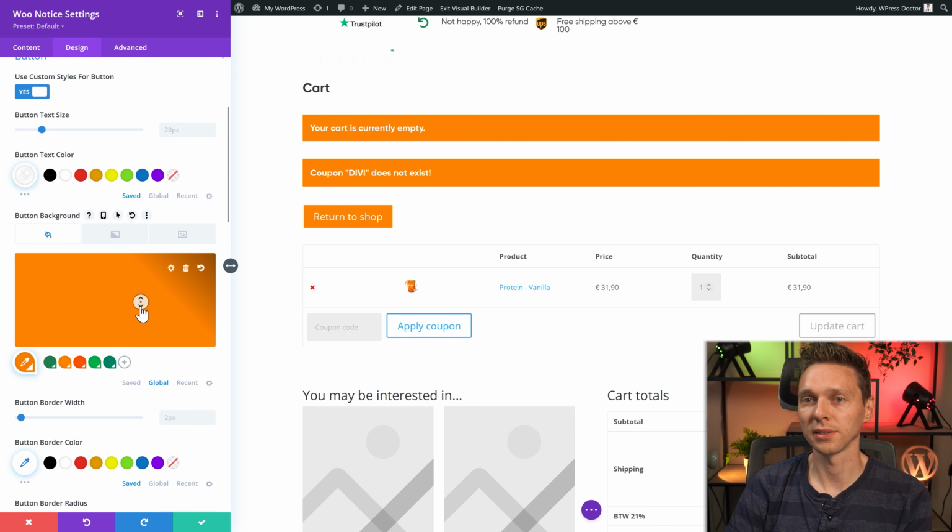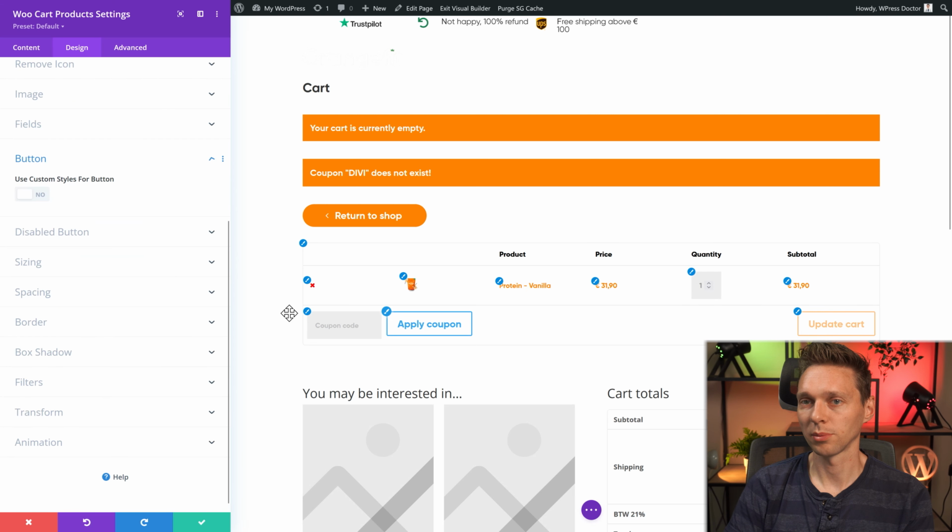Let's style this one. First, we're going to style all the table headers. The font will be Gilroy Bold. You can actually make this one black. Then we're going to change this one to our global color over there. Also Gilroy Bold. Pricing exactly the same. Make it orange. Change the button.